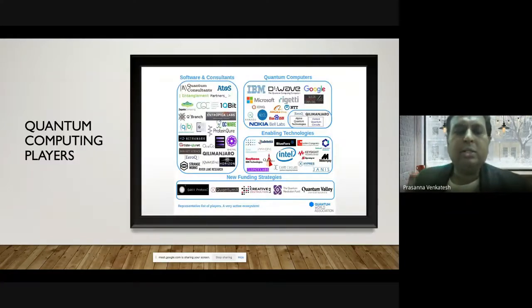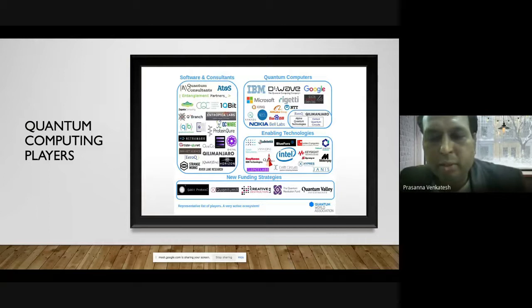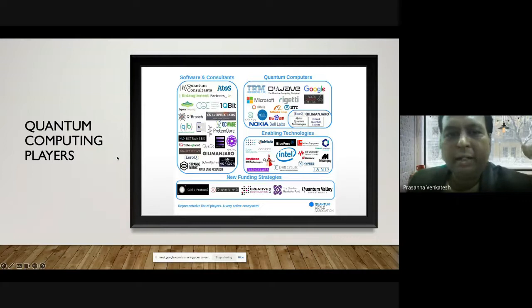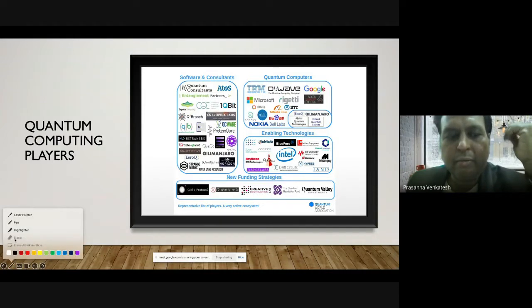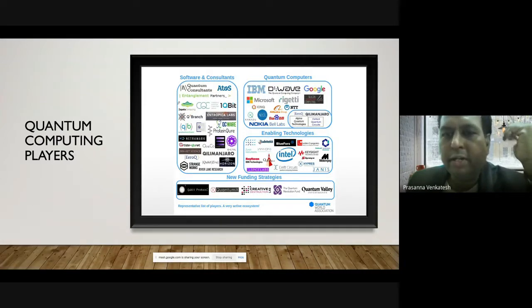Let's look at who are the different players in the whole space of quantum computers. I've taken only a specific set of players here, the typical technology players that we are interested in. We can see that IBM, Google and D-Wave are three major players, and Microsoft is catching up, and there are so many other people who are also working on this in parallel.